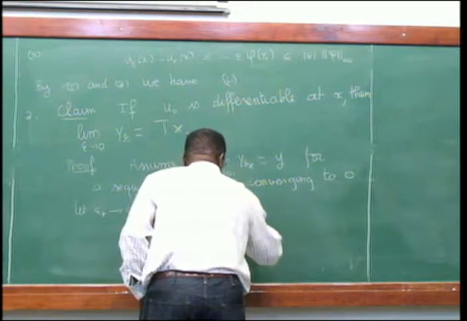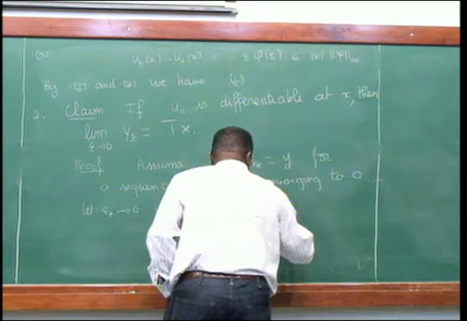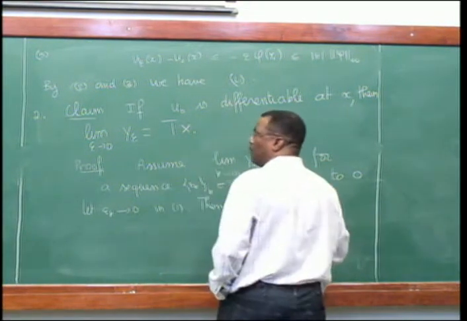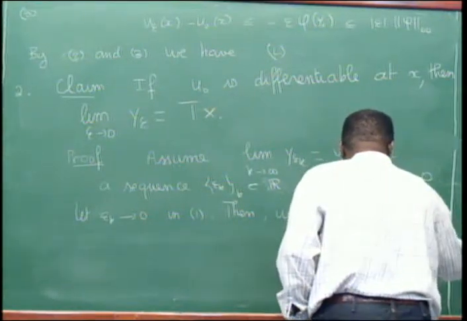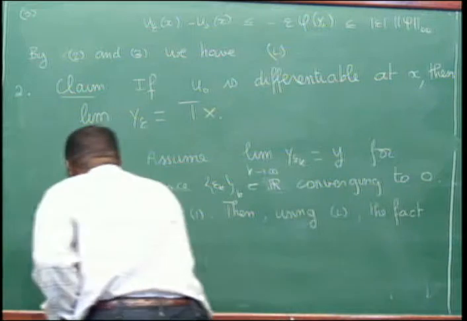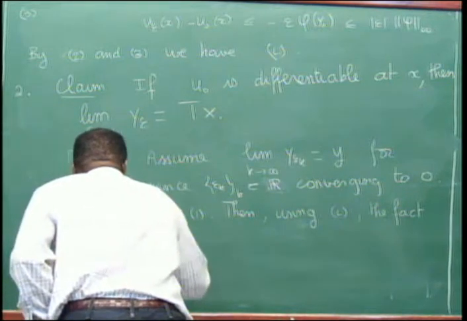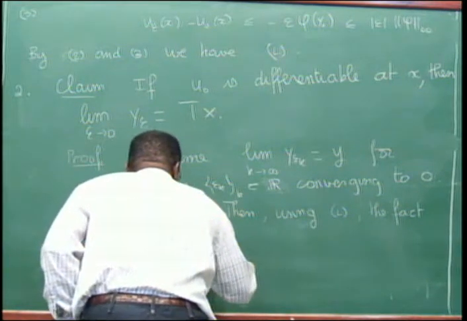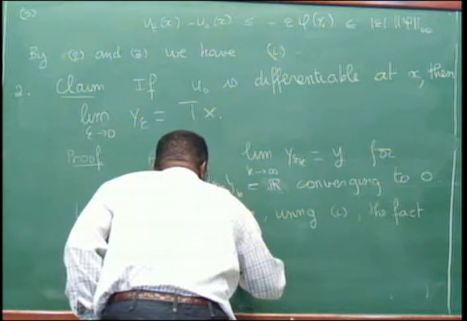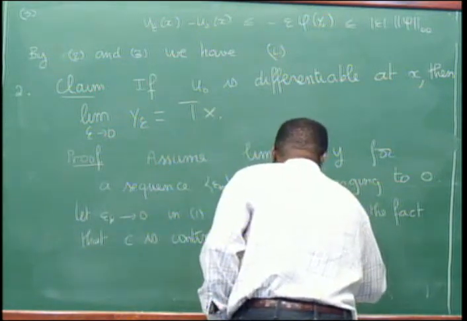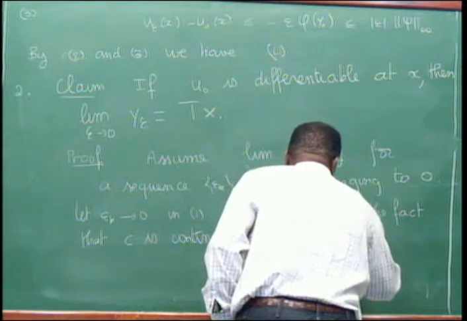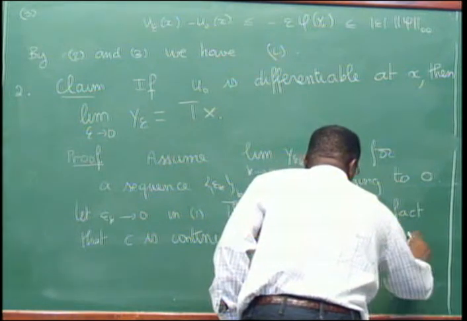Then, using I, the fact that C is continuous, and V, negative V is lower semi-continuous, we have